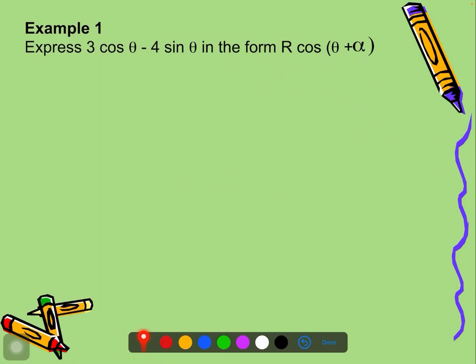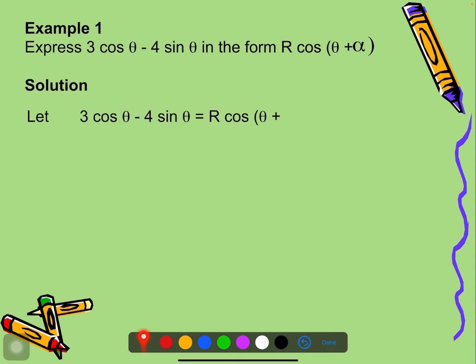Example 1. Express 3 cos theta minus 4 sin theta in the form r cos(theta plus alpha). Solution. Let 3 cos theta minus 4 sin theta equal r cos(theta plus alpha). Then we use the compound angle formula for r cos(A plus B), so we have r cos alpha cos theta